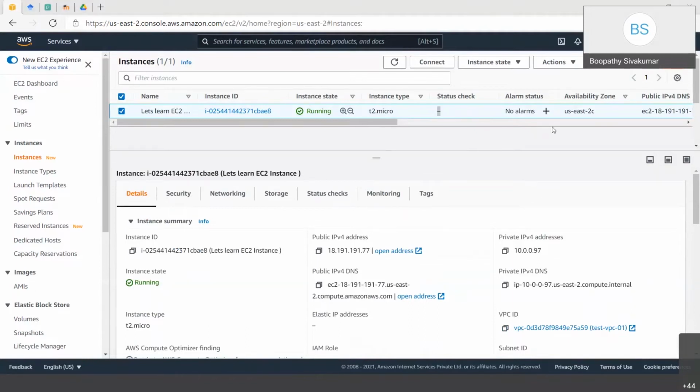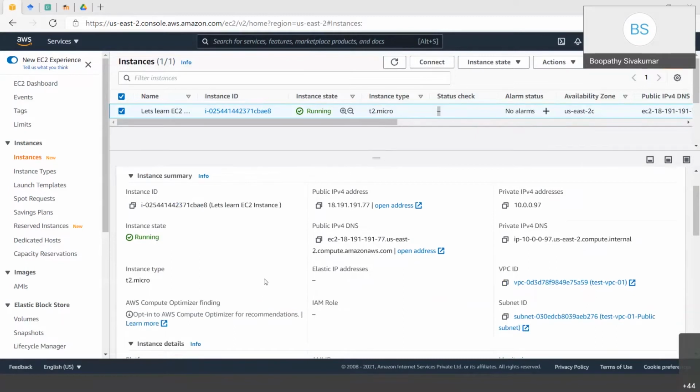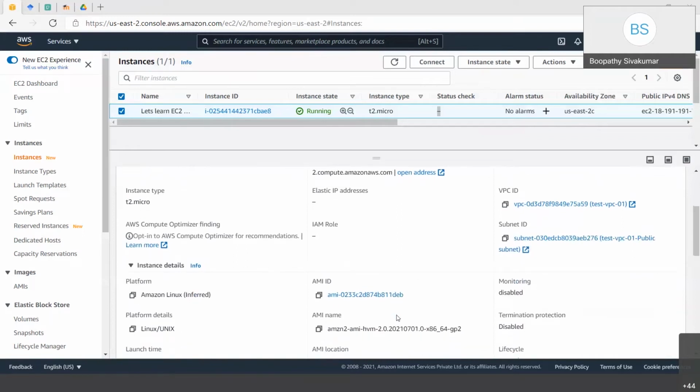In the details section, you will see the instance ID and the public IP address that got assigned, and the private address that got assigned from the subnet, and on which VPC and which subnet this instance got placed. All this information will be shown here.